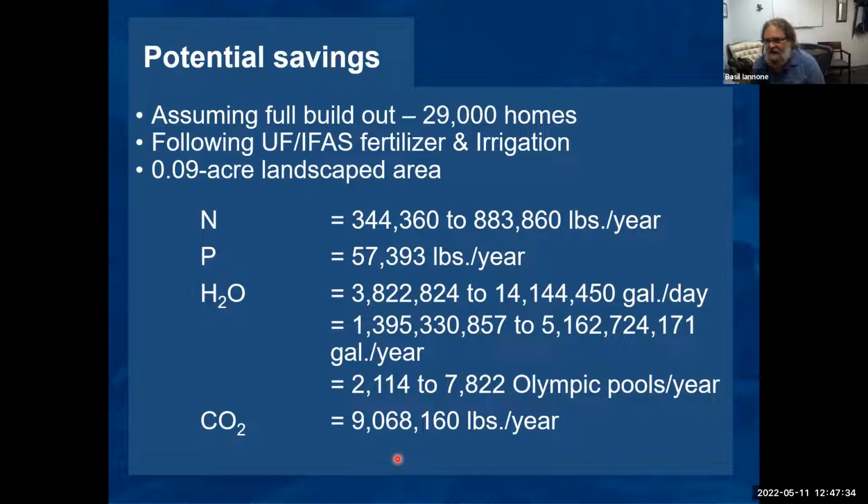We also did back of the envelope calculations for CO2 emissions. Now, what's CO2 related to with landscape maintenance? It's related to mowing, it's related to pesticides, it's related to fertilizer production and spreading, and it's also strongly related to irrigation, the energy used to pump water to our irrigation systems. So we can save over 9 million pounds of CO2 per year adopting these plants.